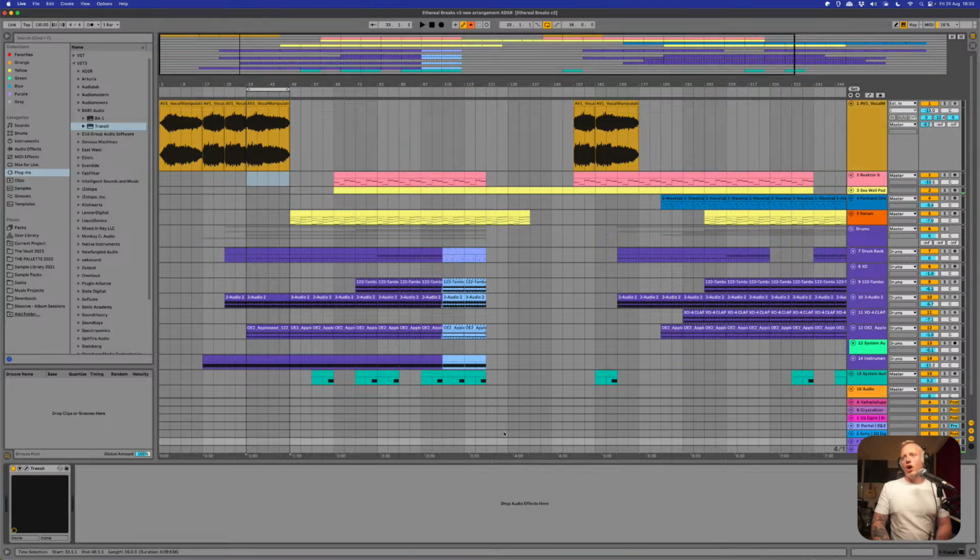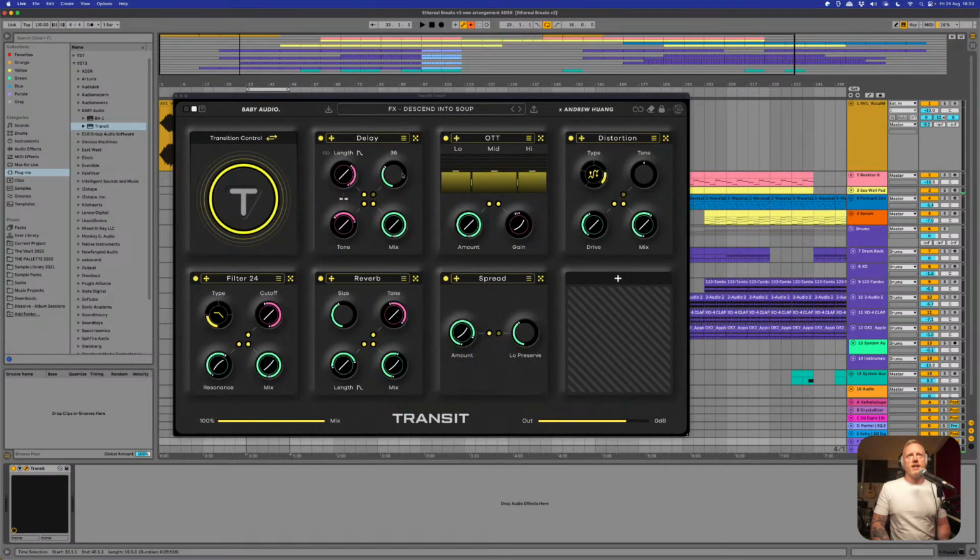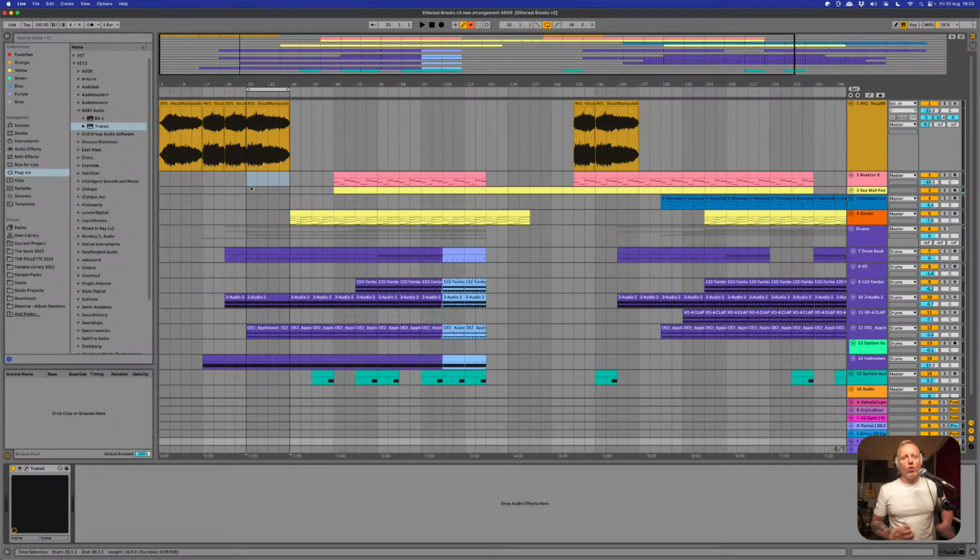What we've got on Transit here on Return Channel F is this one called Descend into Soup, which gives things this kind of washed out effect. So pretty cool, actually. The more reverb, delay, fade out, big time-based effects really work well on sends and returns. So we can play around with that and you'll hear that now. So if we, again, have our vocal,